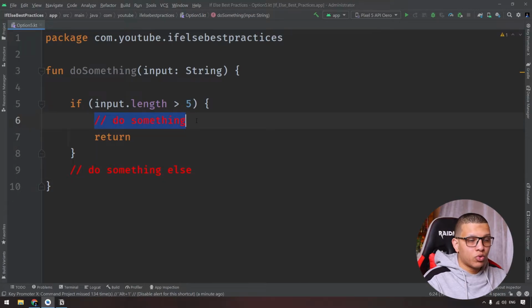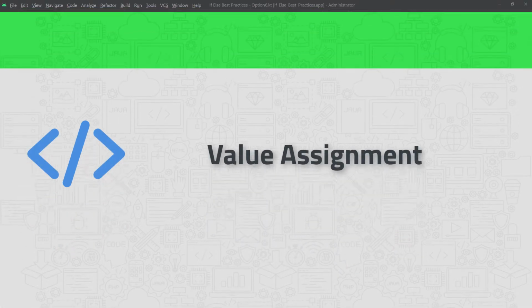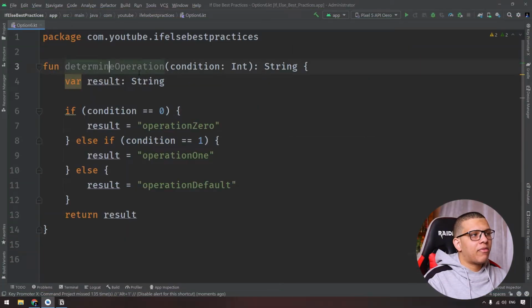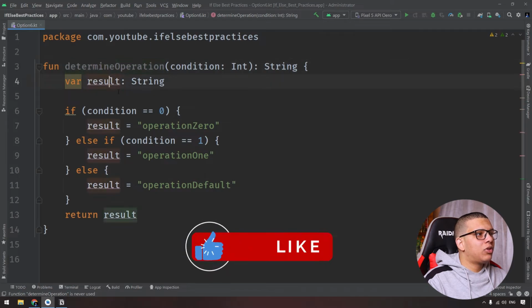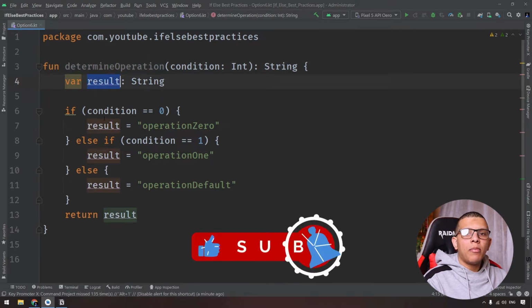So if the condition goes well, we will simply return. Otherwise, we will do it like that. This is a great refactoring to know. Option number 6 is on how to deal with value assignment. Let's say you have a function or code block, and you decide to assign this result based on some